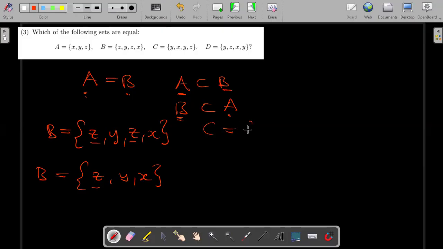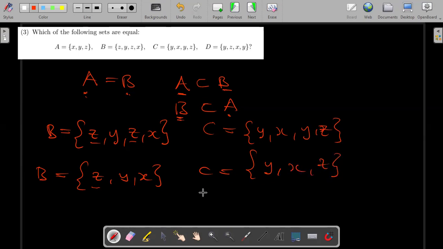You do the same even for C, because C is given as Y, X, Y, and Z. So we see that the Y is being repeated. So I have to write Y once. So I write Y once, X and Z. This way it is distinctive. And that's how I have to list down my set. Then D, what's repeating also is the Y there. So I write only one Y, Z, and what, and X. Whichever I would choose, whether to write the one at first or the one at second, it's just Y, it's distinctive. So now, because of this,